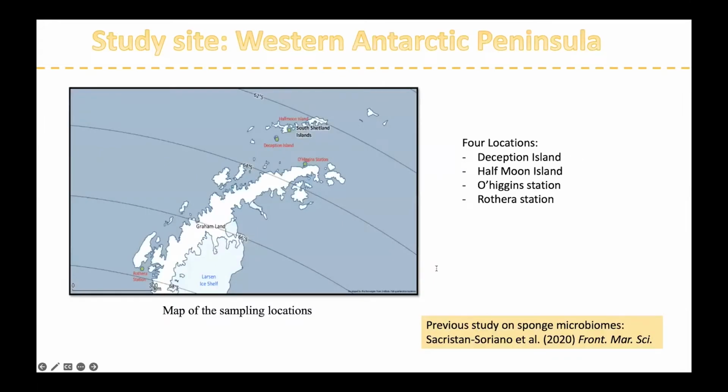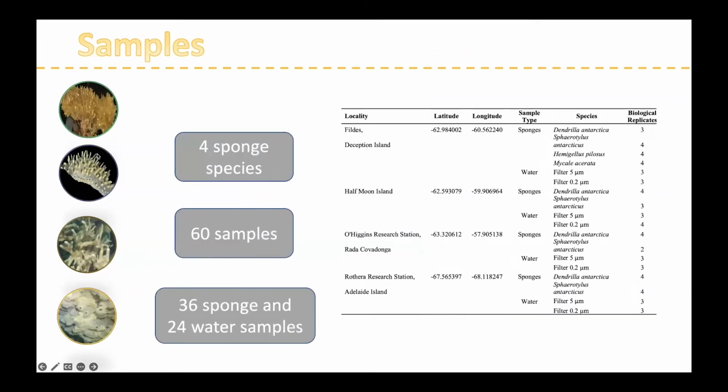To do so, we used sponges and water samples previously collected for a sponge microbiome study performed by Sacristán-Soriano and colleagues in 2020. During the austral summer of 2016, we sampled 4 different locations, 2 in the South Shetland Islands, Deception Island and Half Moon Island, and another 2 in the Antarctic Peninsula, in the vicinities of O'Higgins Station and the Rothera Station. We collected several biological replicates, between 2 and 4 replicates per sponge and station, of 4